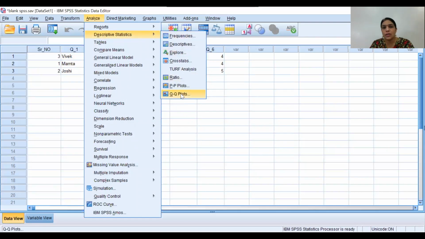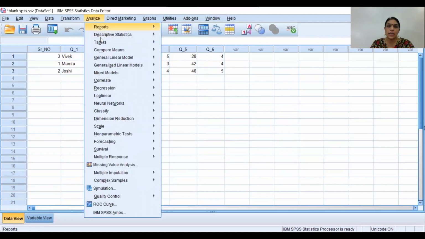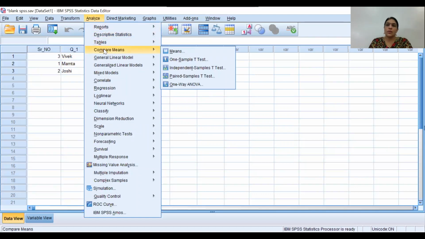Okay, from here you can create a PP plot and QQ plot. PP plots and QQ plots are useful for determination of normality. So if you want to check the normal distribution, you can use it from here. Now, in the theoretical session, we covered the mean tests available, like the one sample t-test, which you can use when you have univariate data analysis. You can analyze differences of means using the independent sample t-test and ANOVA. All these options are available under compare means.